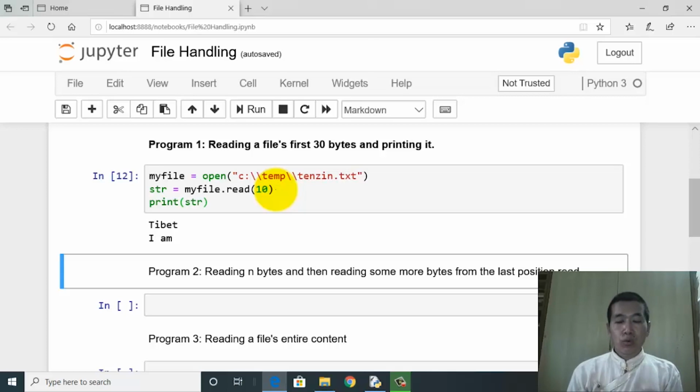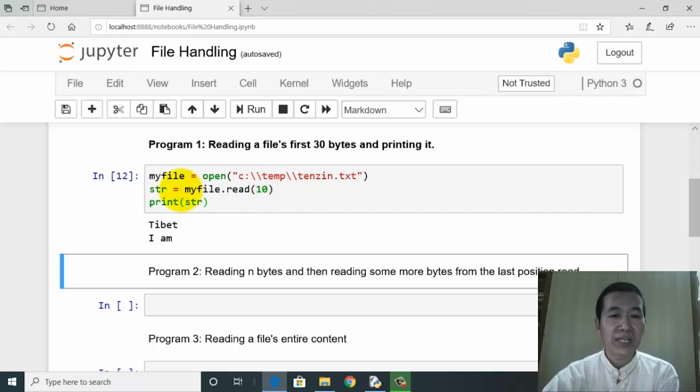So one character needs 1 byte for storage, as is the case in ASCII, but in Unicode, I think, in order to store a character, you need 2 bytes, but the default setting being the ASCII code, 10 bytes means 10 characters.